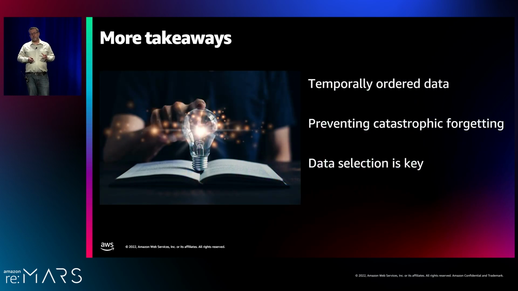So a few more takeaways. One thing we were really concerned about was temporally ordered data. So remember, we're processing data on the fly in real time as it's coming into our system, which means it's coming in time sequence order. In traditional offline training, you take all your data and shuffle it around to avoid that, so you get a nice distribution, and things aren't in any kind of biased way. So, again, if we take a small window, a 30-minute window, and it's in the morning, maybe it's people stopping their alarms. And so we were worried that that would impact the model.